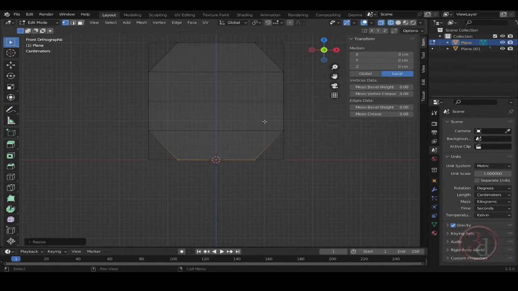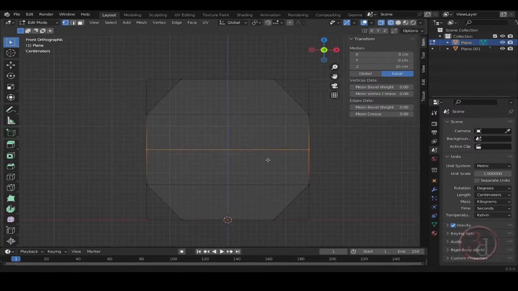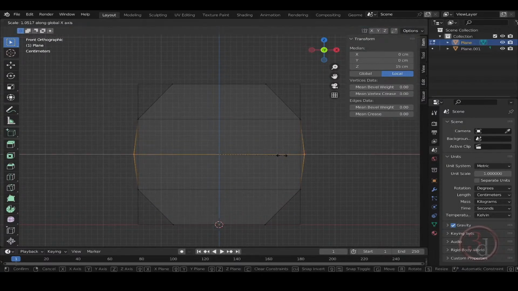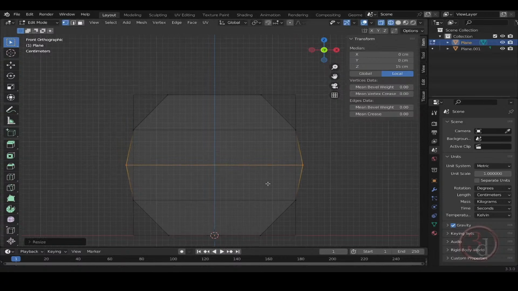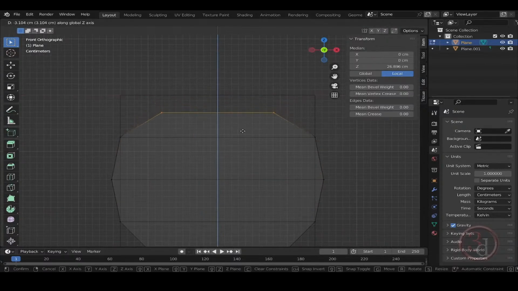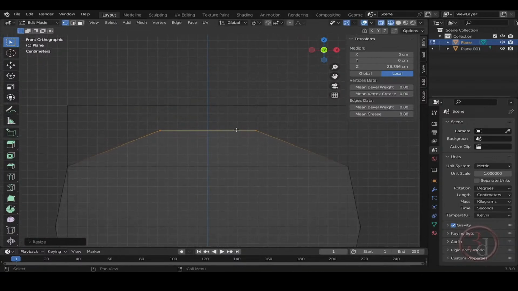Okay, so if I go to my front view, let's adjust the middle loop and press scale, middle mouse button click, and then bring it out just a little bit so that I get that curve. Okay, and now the top one, I can just bring it down somewhere here, then scale it in furthermore,